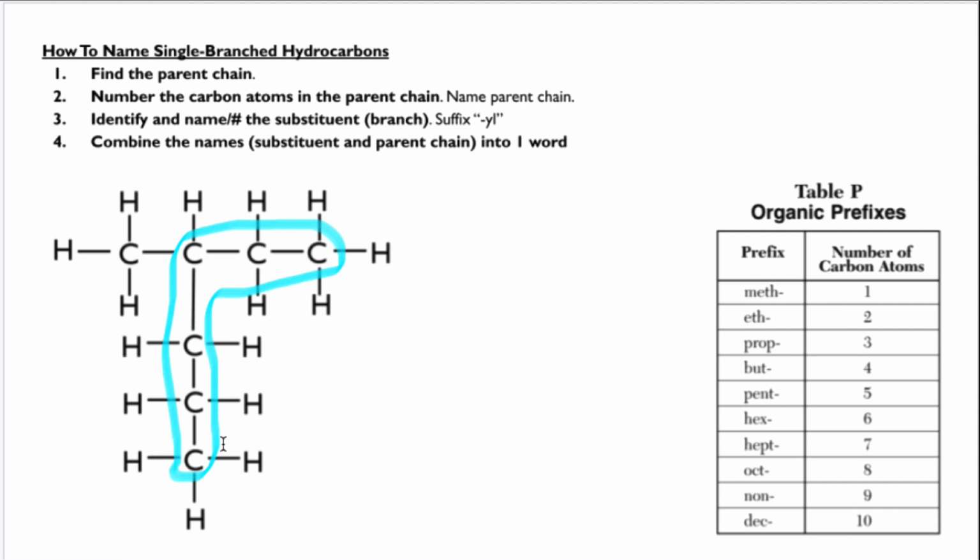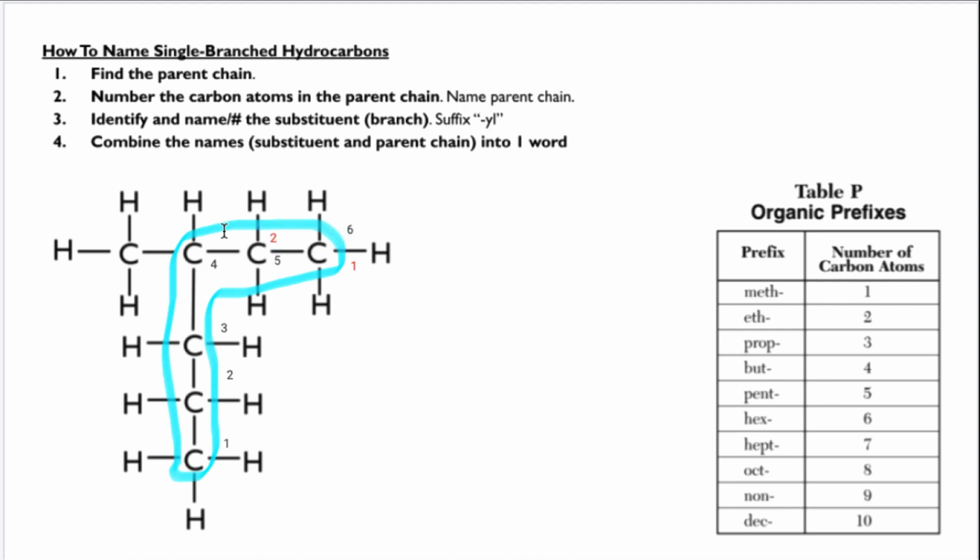So this would be carbon 1, this would be carbon 2, carbon 3, carbon 4, and then sticking with my parent chain here, carbon 5, carbon 6. So that's one way that I can number my carbons. I could also go the other direction. So I'm going to do this in a different color. I could start here and I could say 1,